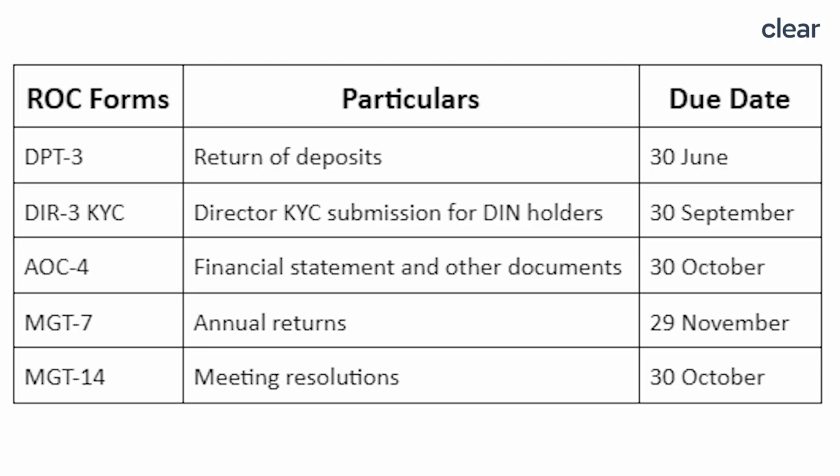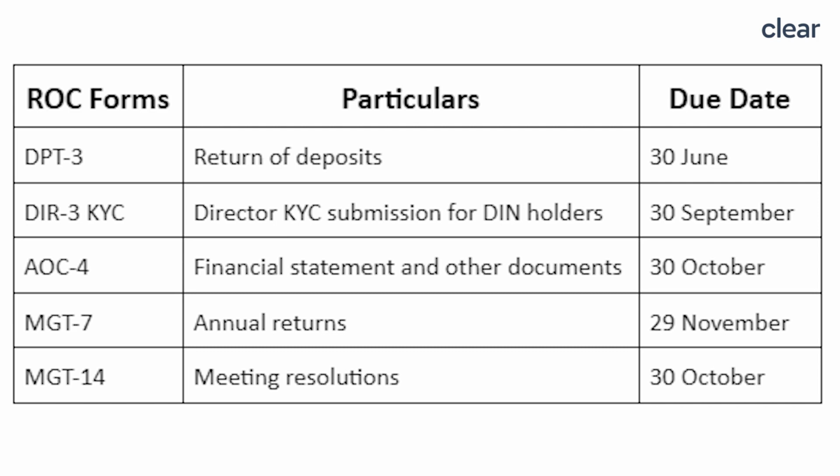Many annual forms must be filed by a company mandatorily with the ROC. Let's look at the important forms that a company needs to file with the ROC. Every company needs to file Form DPT-3, that is Return of Deposits, furnishing information about deposits and or outstanding receipt of loan or money other than deposits within 30th June of every year.